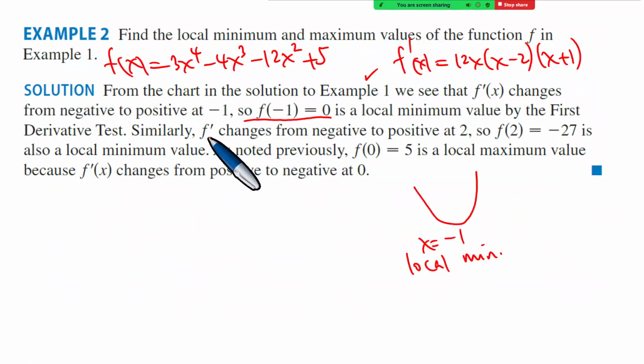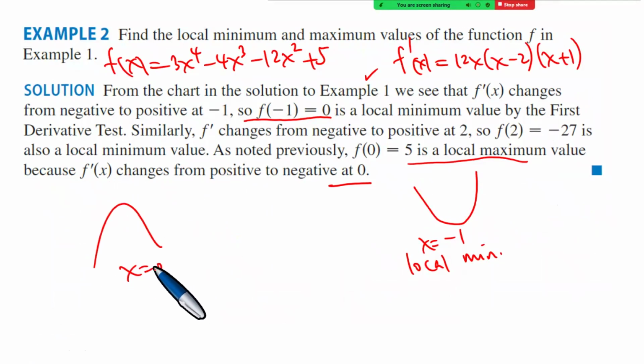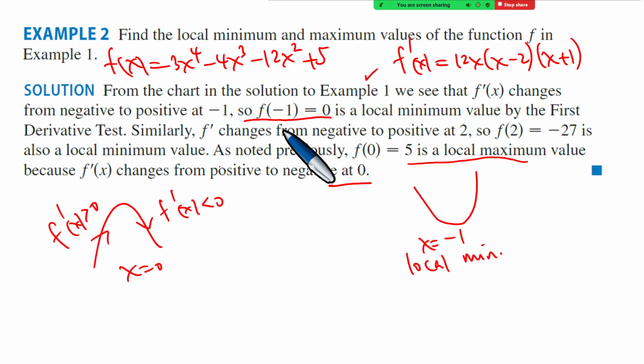As noted previously, f of 0 equals 5 is a local maximum value because f prime changes from positive to negative at 0. In other words, at x equal to 0, f prime is positive, then f prime is negative, and therefore because of this, we have a local